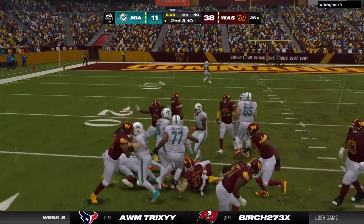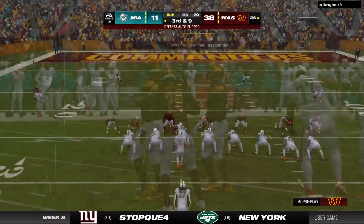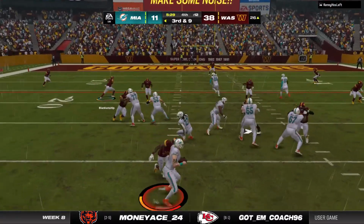On 2nd down, they'll run it here. And only a yard this time as he's taken down right around the 26. Good job there keeping him to a short gain. Of course, he's coming off a really terrific performance. Reigning NFC Defensive Player of the Week. And I know people get...